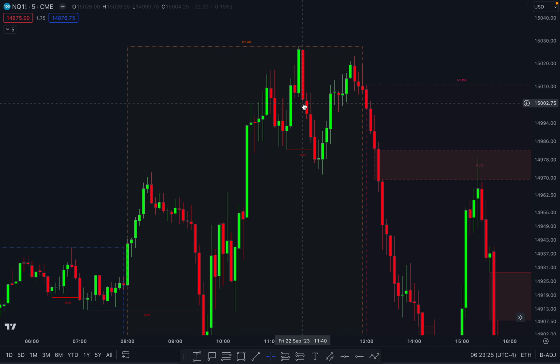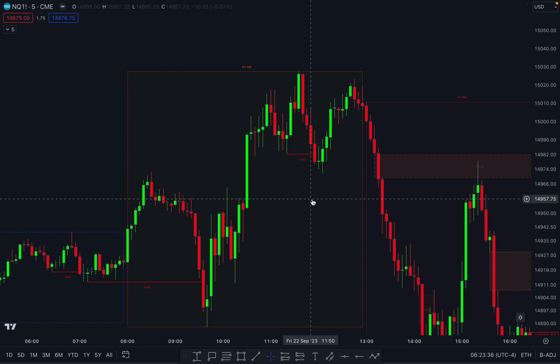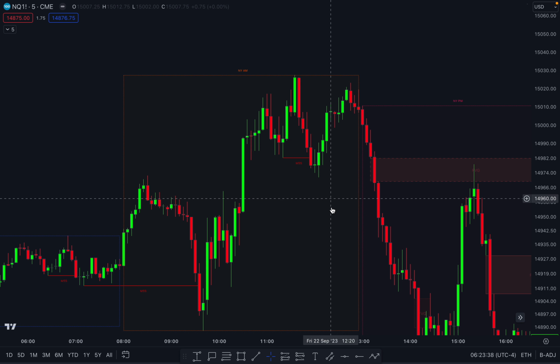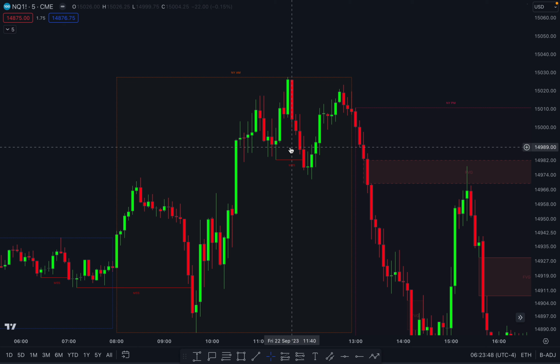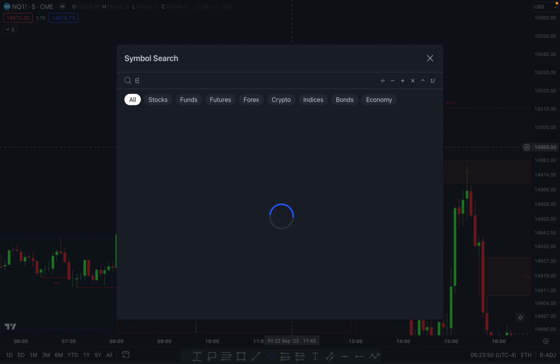Now this is not a complete setup. You should never force it. Wait for another setup. It's okay. We have 6 setups we can get in a single day, and the market doesn't end. Okay, it's not the end of the world, at least not for the markets. All right. So since I didn't have an FVG, what you could have done is use 3 simple things. The first one was you would go onto ES